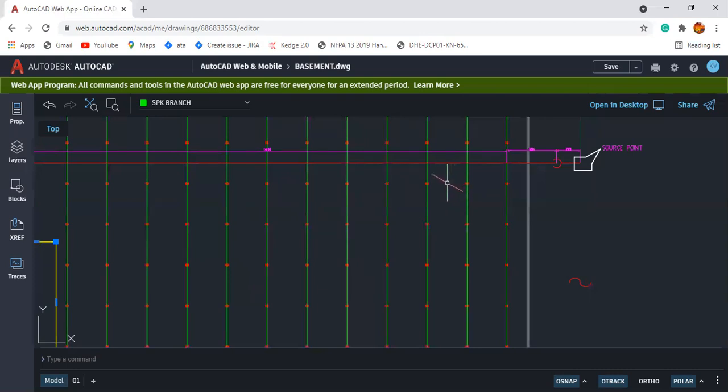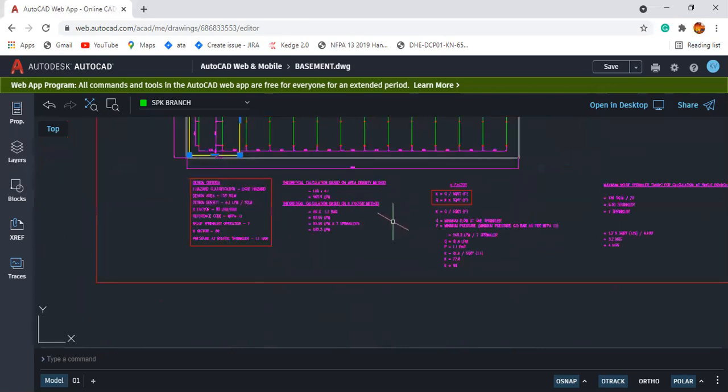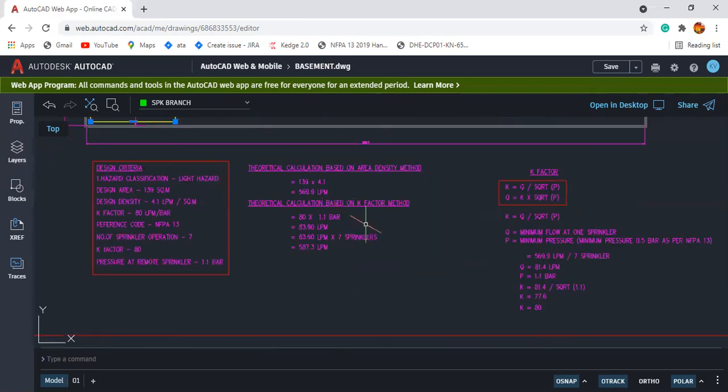And the final one: why do we have to run the calculations? I planned to start with this question in this video, but it's okay. So why we are running the calculation: first, as per NFPA, we need to ensure our pipe sizes through the calculation. Second, we have to ensure our pump capacity, whether it is sufficient or not. So this is the main reason hydraulic calculation is important. But here we found the answers only through manual calculations. Once we run it in the software, it will be more reliable than our manual calculation.